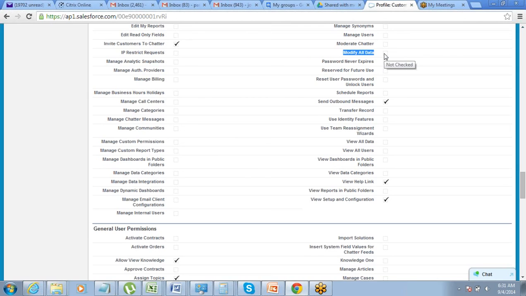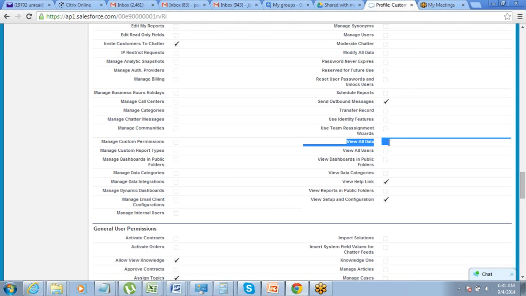So usually system administrators or DBAs, the database administrators, who need to control the data, or who need to migrate the data, who need to do a little bit of reporting. If you are a reporting analyst, you need to do reporting on everyone's data, then you need view all data.